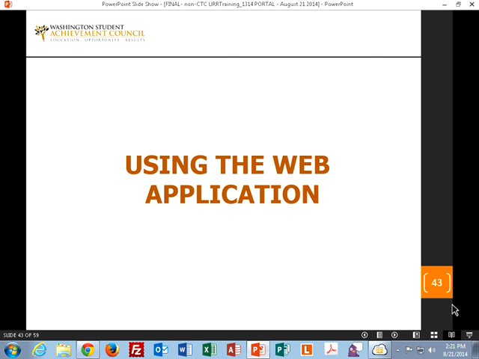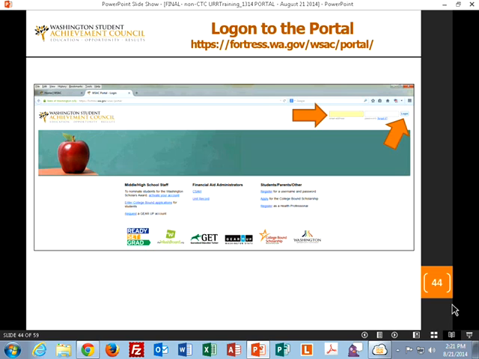Hi everyone, this will be just a quick overview of how to upload your CSV file and how to deal with processing the edits if you have any edits to make. You can refer to Chapter 3 of the manual for more detail if you have questions after the presentation is over. So to log into the portal, the address is there at the top of the slide, and as you can see, the arrows are showing you where you can enter your email address and your password.